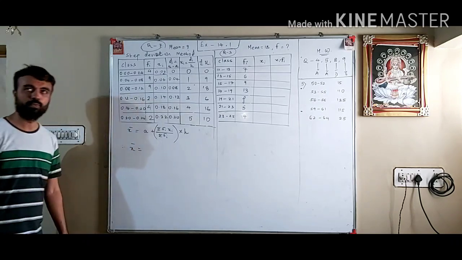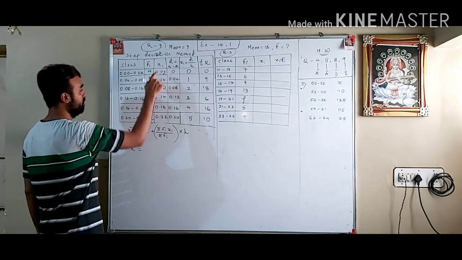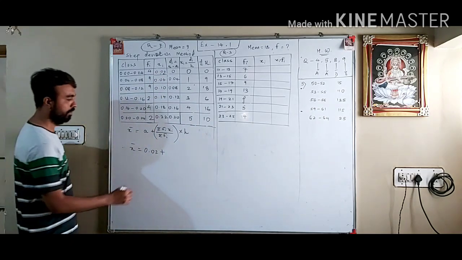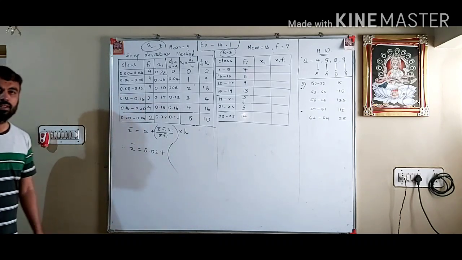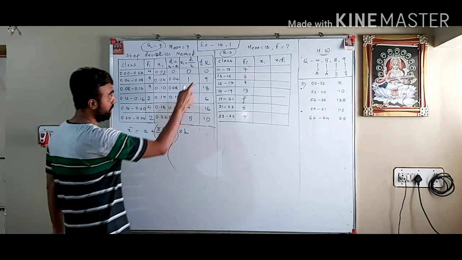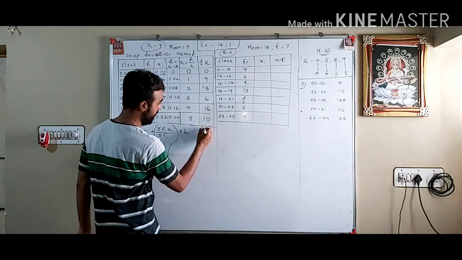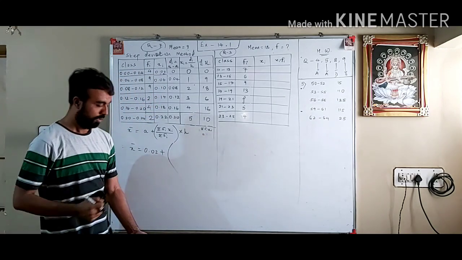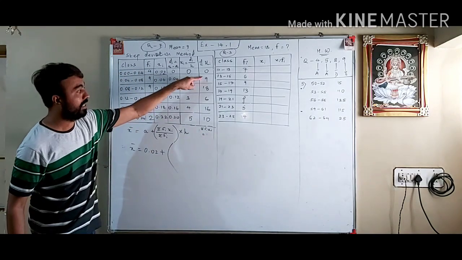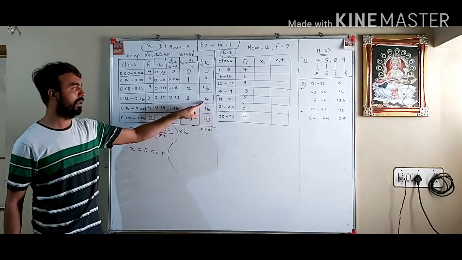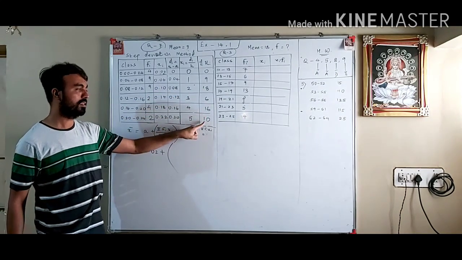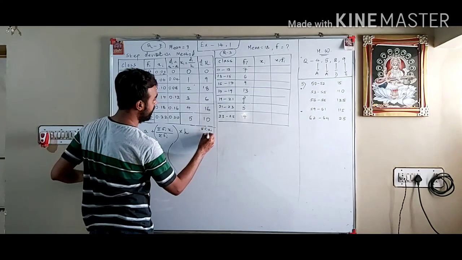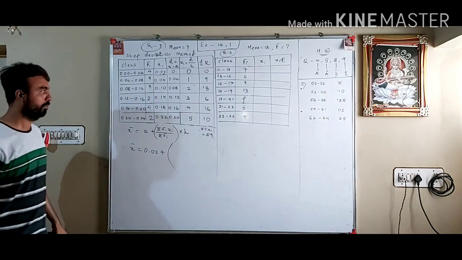X bar equals to small a. What is small a? 0.02 plus, what is sigma FiUi? सिग्मा FiUi ऐड करना पड़ेगा यहां से इन सबको, इनका सिग्मा यहां लिखना पड़ेगा, सिग्मा FiUi। Add the numbers. It will be 9 plus 18, so 27 plus 6, 33 plus 10, 43 plus 16, 59. So you will get 59 over here. So we will put 59